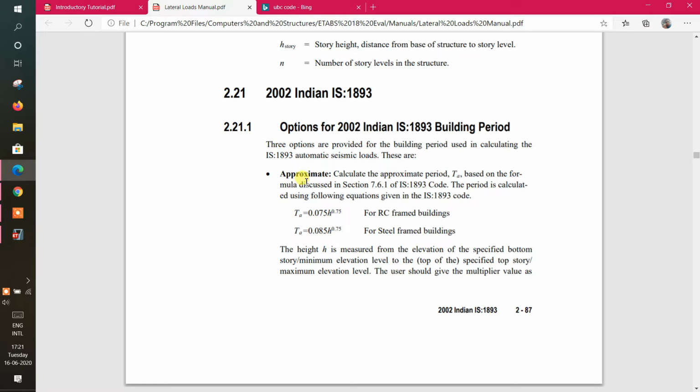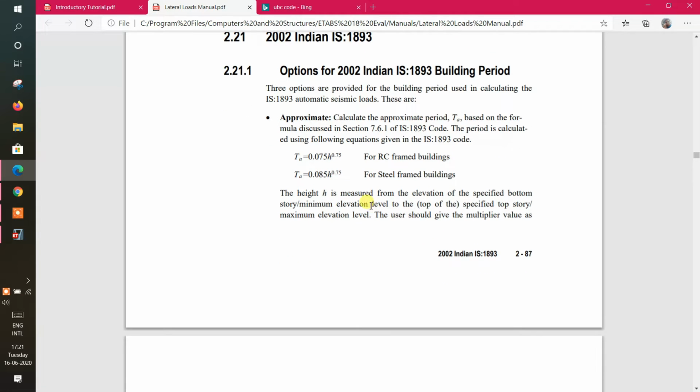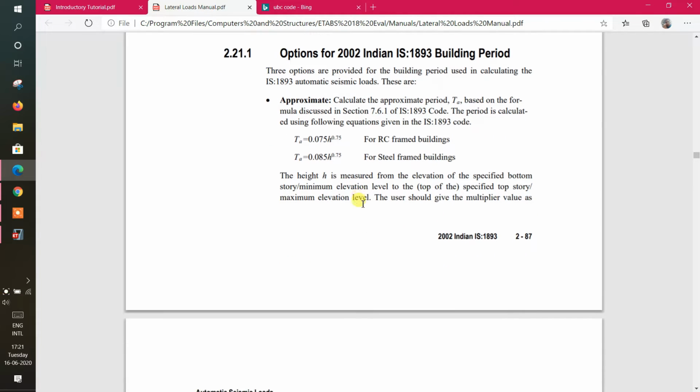And you can observe here, calculate approximate time period, guys, Ta, which I calculated in my project itself. Ta is equal to 0.075 h^0.75 for concrete or RC frames, and you can observe Ta is equal to 0.085 h^0.75 for steel framed buildings, guys, and h is the story height.